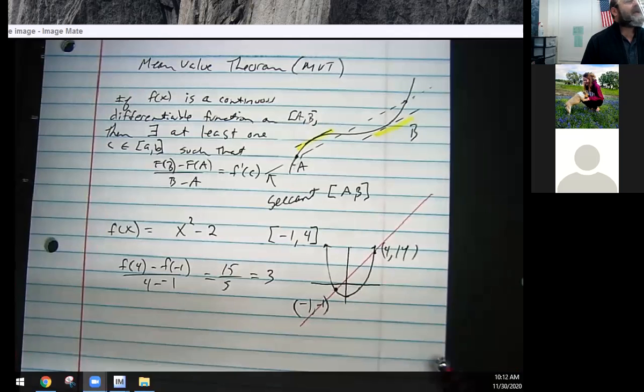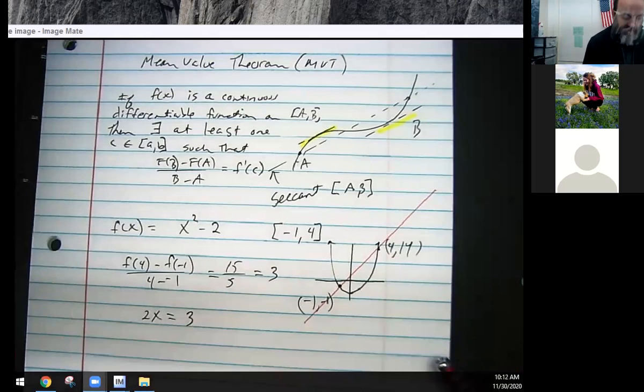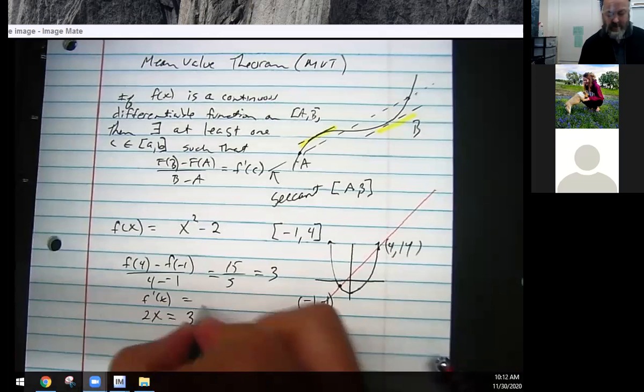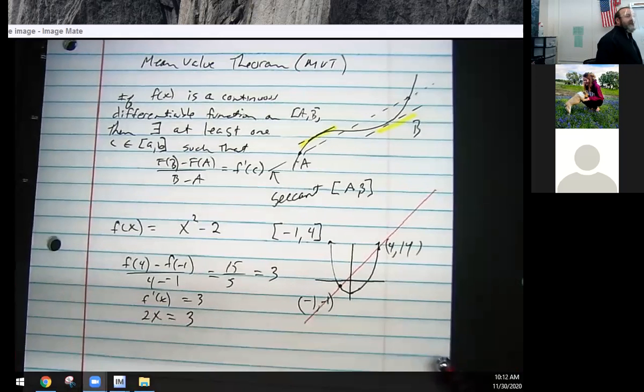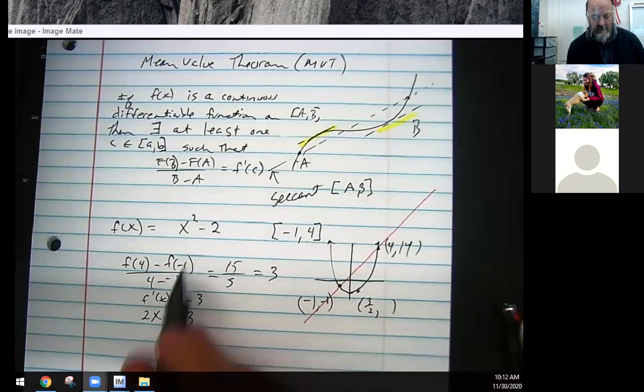Well, I've given you a hint. The answer to every question in this class is the derivative. What does a derivative tell you? The slope. So I want to take the derivative. Here's f prime of x, right? It has to be the same as the slope of that secant. So where would that happen? When x is at 3/2. So somewhere over here on the curve at 3/2,